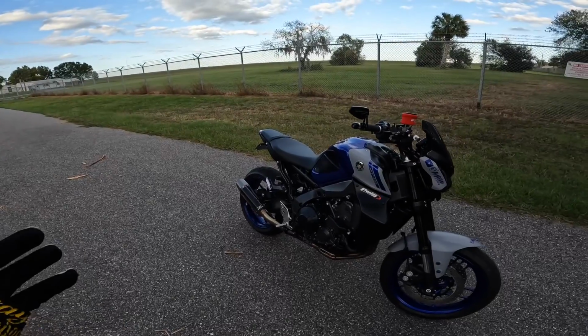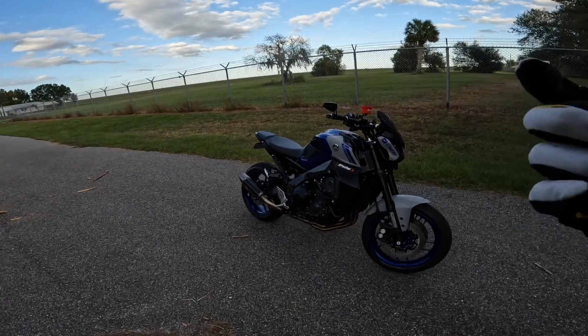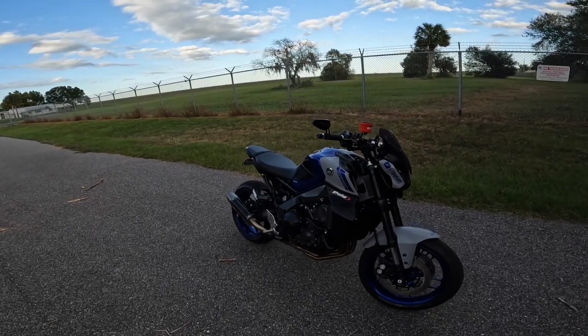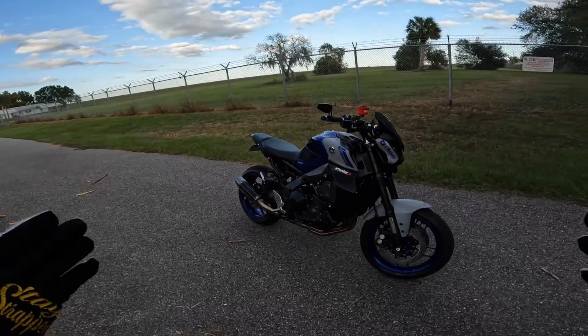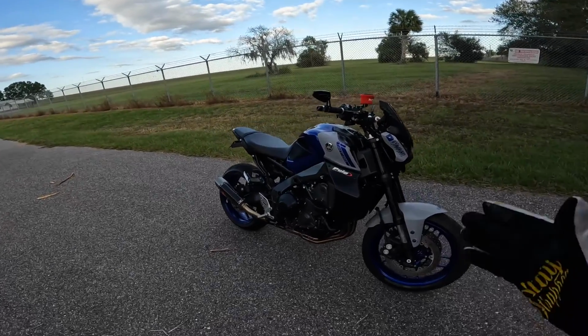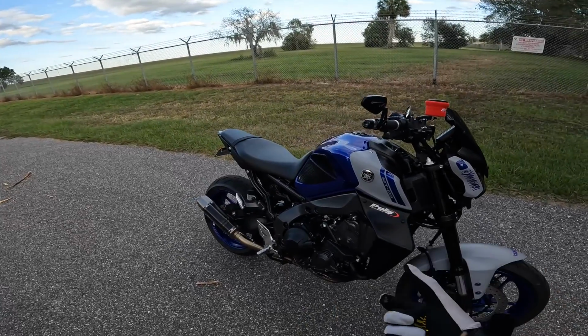Now they do offer a crash protection kit to kind of get you going. I don't think the Evos are included in that. They have just the traditional frame sliders, but guys, the more protection you have, the better it is for your investment. And like I said, guys, better to have something than nothing at all. Even if it were just the Evos, I would definitely suggest getting these first, or the traditional frame slider that's on the sides,